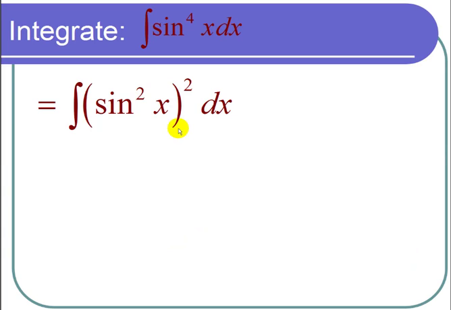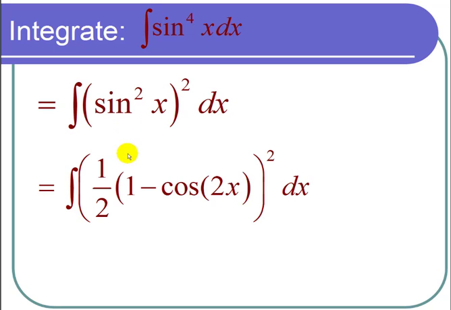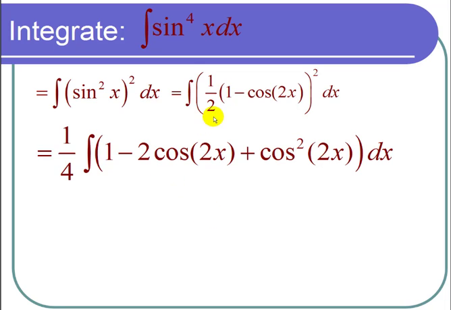So instead, we'll write sine to the fourth of x as sine squared of x, squared, and then we'll use a half angle formula, which states that sine squared of x is 1/2 times 1 minus the cosine of 2x. At this point, I FOIL it out. 1/2 squared is 1/4, and then I FOIL it as 1 minus 2 cosine of 2x plus cosine squared of